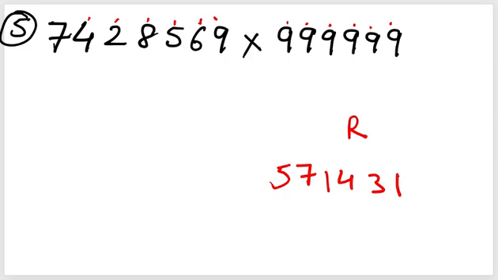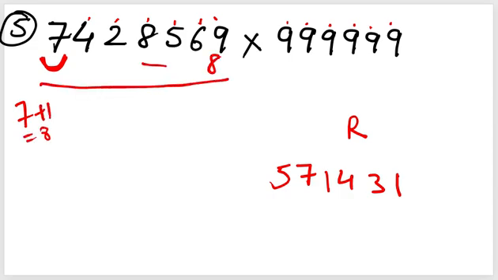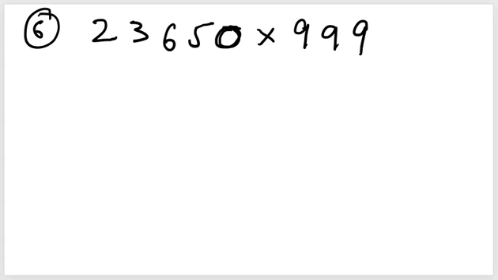Now what is the next portion? This number is yet to be used, and I'll add 1 to it, that becomes 8. Now I'll subtract 8 from the whole number. So when you subtract, it will give me 1658247. So the answer is 774285615714 31. Let's do one more last question.